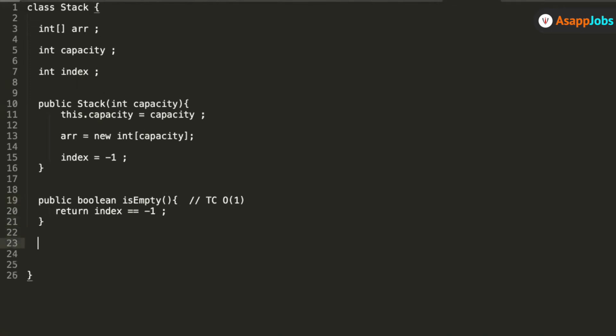Okay. Another method, quickly. Public boolean isFull. What should we write for checking if the stack is full or not? How can I say that? If top of the array is equal to length of the array.